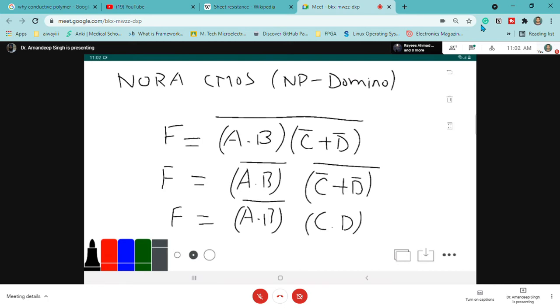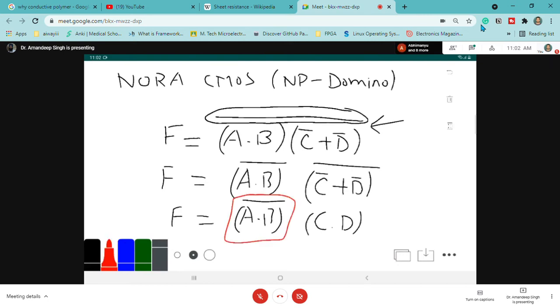Now you can see that we have taken the bar of the whole function. Whatever the output at P, that will be compensated by this bar. And further, whatever the output of N, that is also a bar. It means this whole function consists of bar. So A dot B, we implement using NMOS logic, and then further multiply it with this logic, and we have taken the bar of this. Clear?